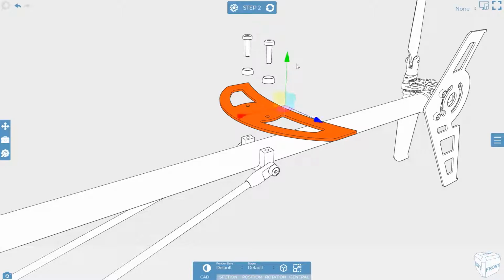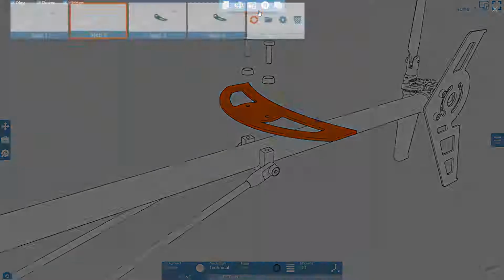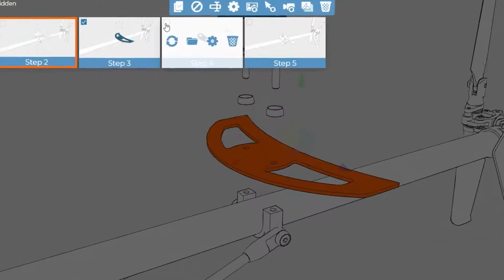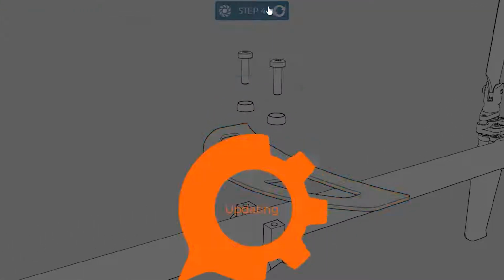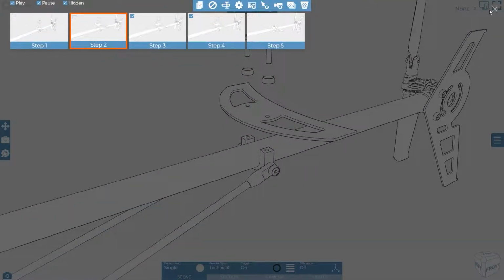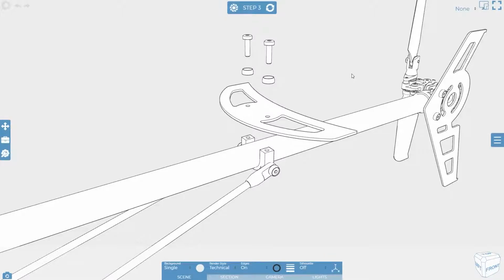Once the position of the part is changed in step 2, we'll update this step. And then from the Steps Manager, tick the other steps we'd like to update and click Update with selected objects. This will take the properties of the part as you see them now and make sure they are the same